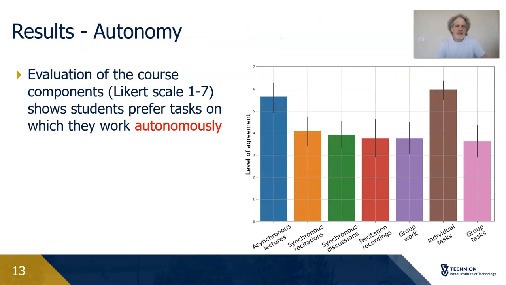And the first result is regarding autonomy, and we can see here in the graph a comparison of students' evaluation on a Likert scale between 1 to 7 of the different learning activities that were given in the course. And we can see that the asynchronous lectures and the individual tasks were rated higher than synchronous recitations or group tasks. And this can be explained by that the asynchronous lectures and the individual tasks supported the students' need for